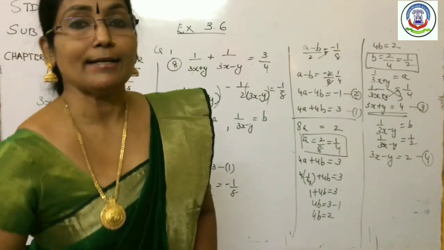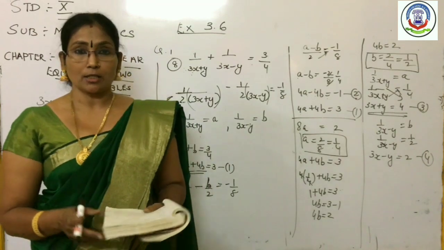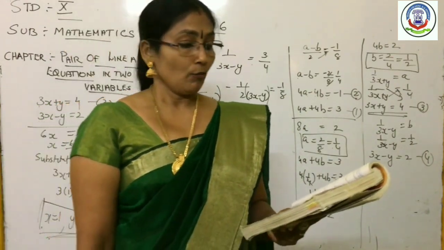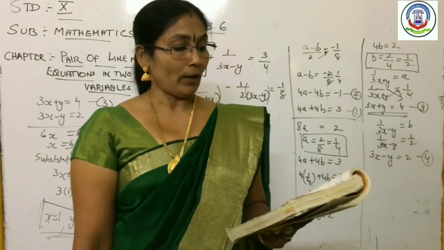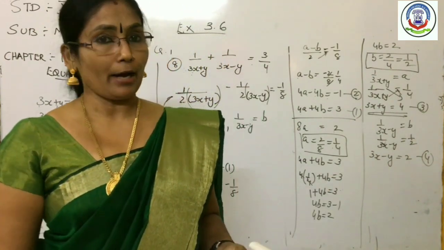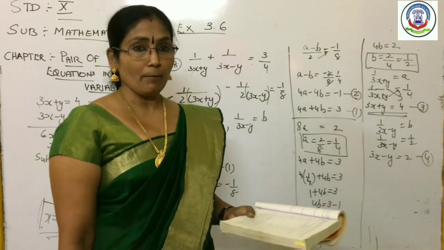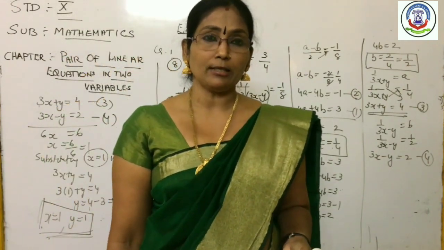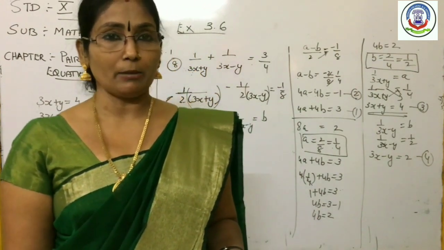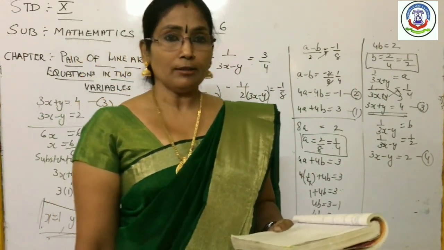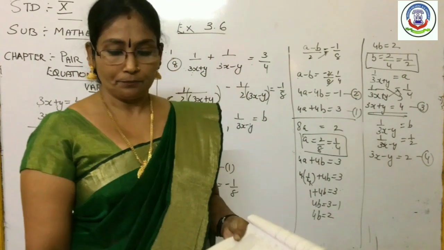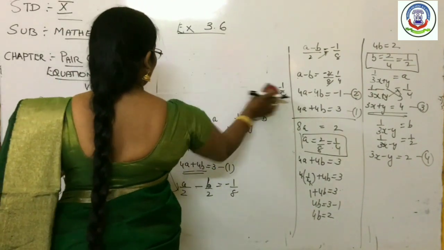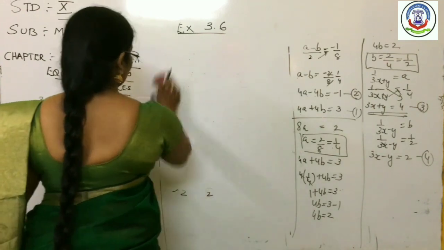Now as the homework exercise 3.6, I have done only 3 sums here in the class. Now there are 8 questions, and questions 1, 5 and 8 I already did on the board. Now the remaining sums you can do by making proper substitutions and making it a linear equation of 2 variables, and you do it yourself. That is the homework for you. Exercise 3.6, the remaining questions you have to do as homework.